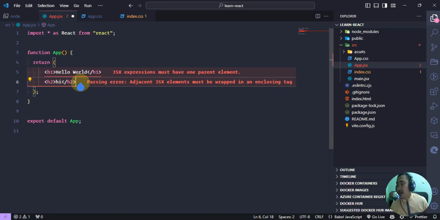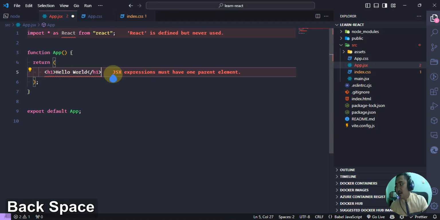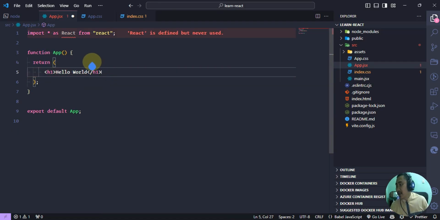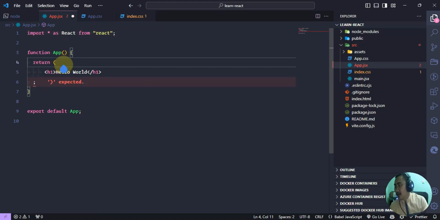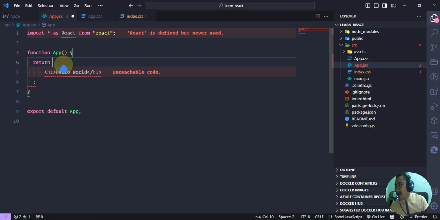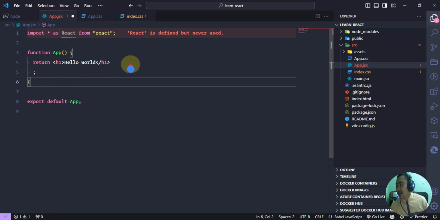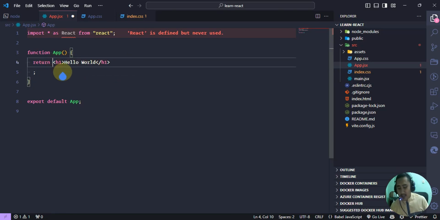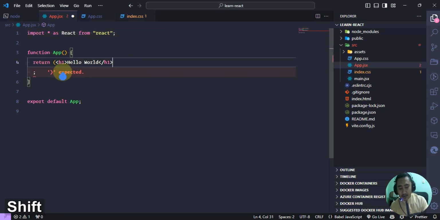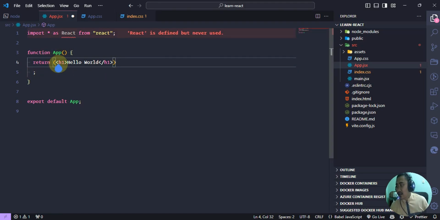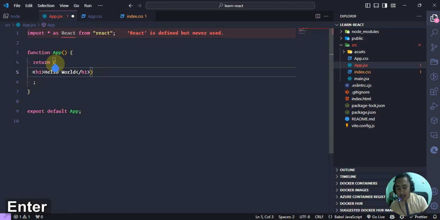But if the HTML is only one line, you can just type it like this without any enclosing tag. But the best practice is we are going to enclose everything in a div.